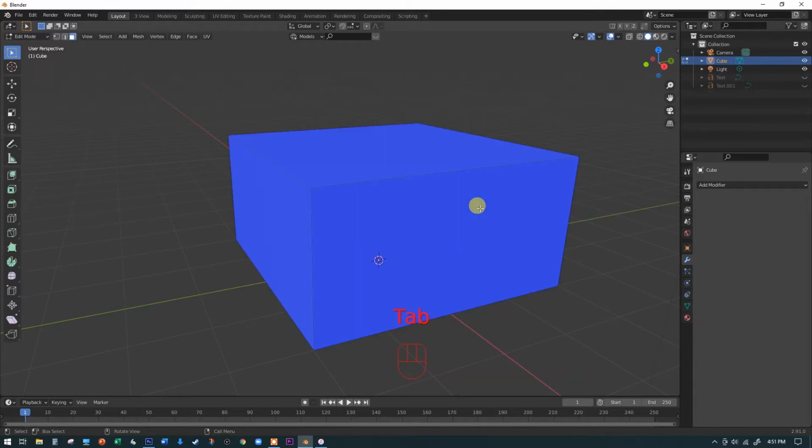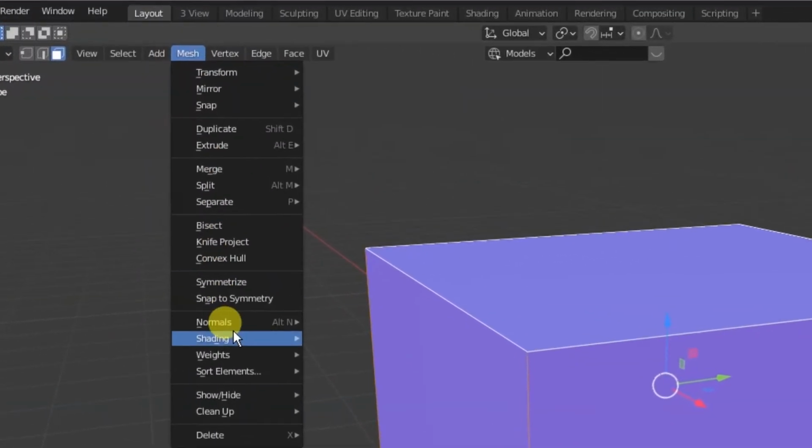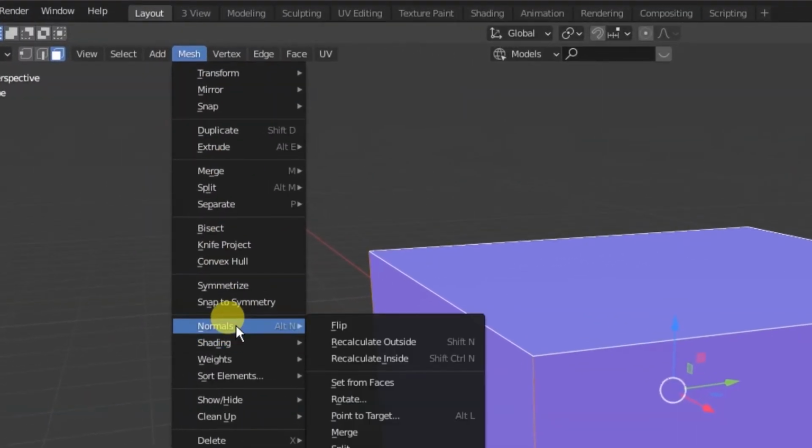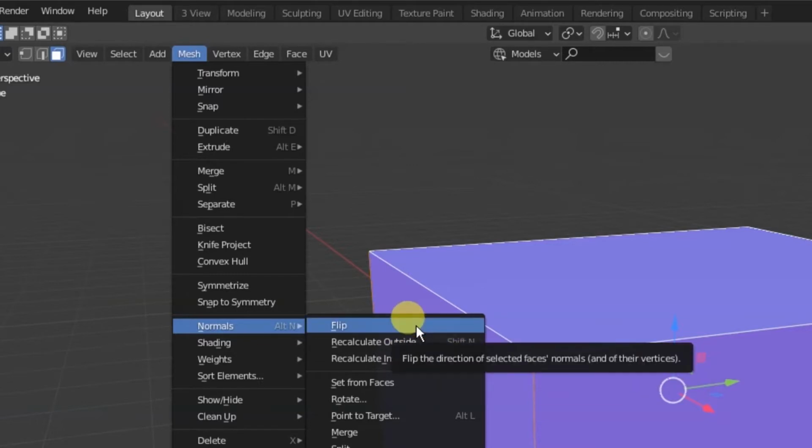I'm just going to select the cube and hit tab, hit the A key to select all, and because they're all backwards, I can just come up here to mesh and come down to normals and find flip. So Alt N or Option N, and then I can say flip. You can also recalculate outside or inside. That's good if you have a mix of them. But right now, all we need to do is just select flip,